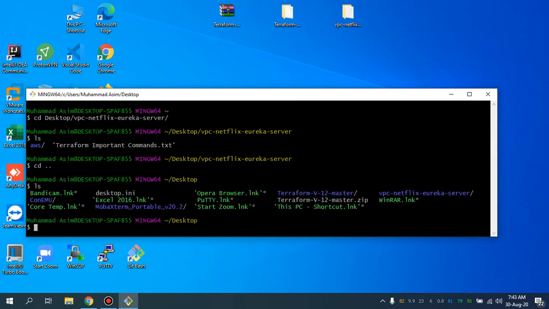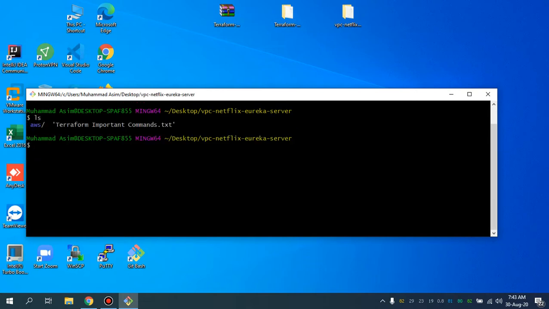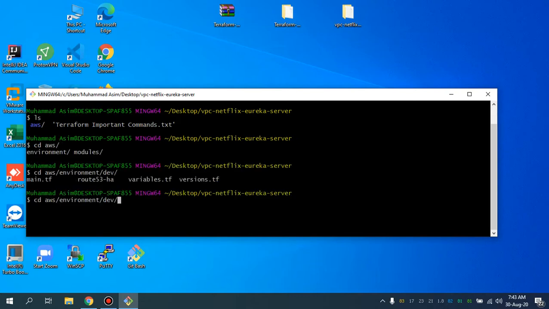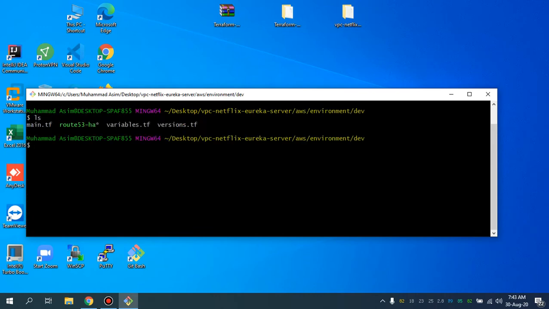Okay, navigate to VPC Netflix. In that, simply navigate to AWS. In that, we have the environment. Press tab. So I've created three files